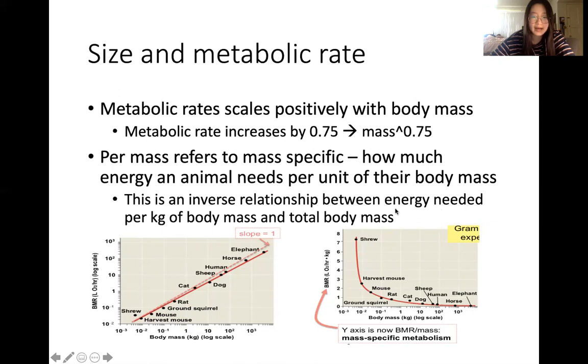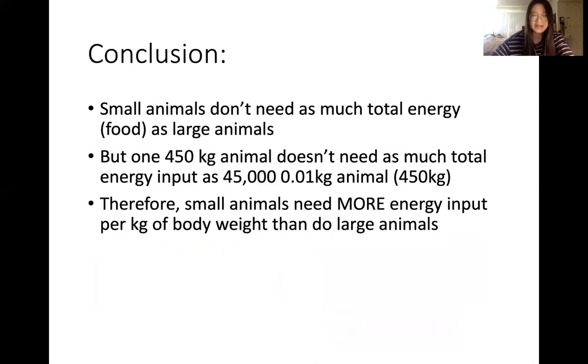On the right side, it's the same graph, except on the y-axis, it's now mass-specific metabolism. So this is per mass, which refers to mass-specific. That's how much energy an animal needs per unit of their body mass. As you can see, this is an inverse relationship between energy needed per kilogram of body mass and total body mass. What that means is that small animals don't need as much total energy as large animals, but